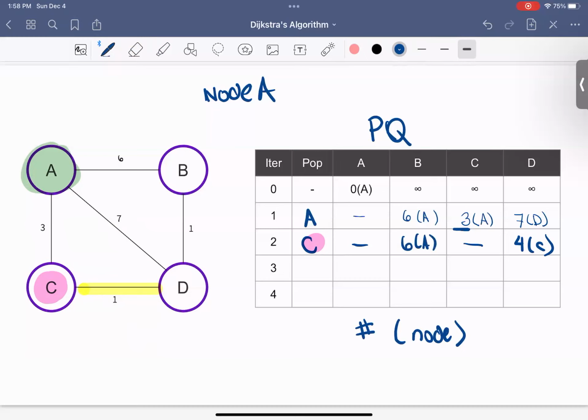Once more, we're going to compare these two. There's this 4, and then there's this 6. Let's see. This 4 is going to be the minimum in this priority queue. So what we're going to do is we're now going to consume D. Yes. As we've been establishing, because we consumed it, all we're going to do is dash it. And now we're going to determine